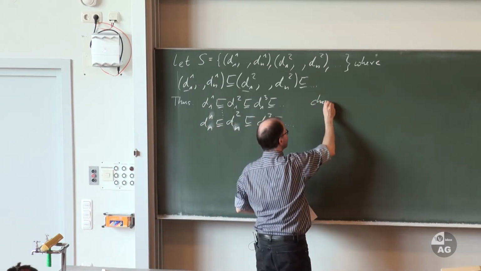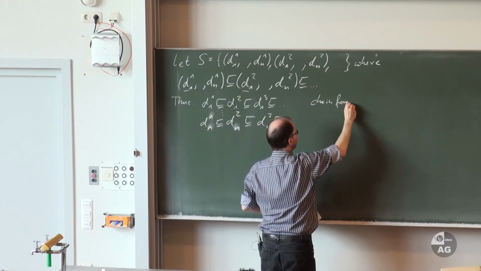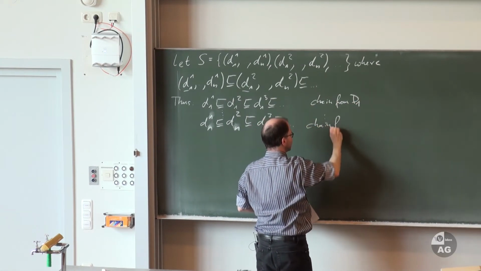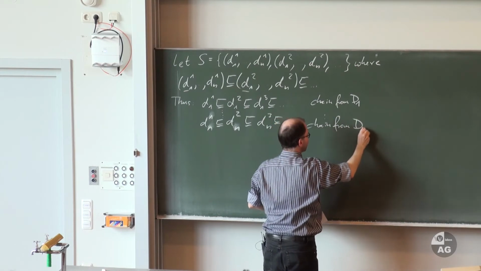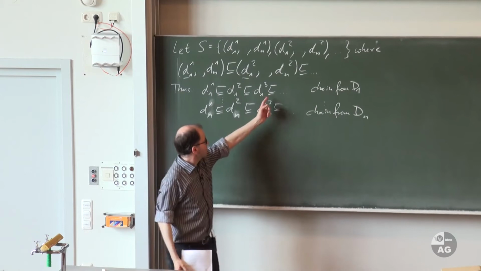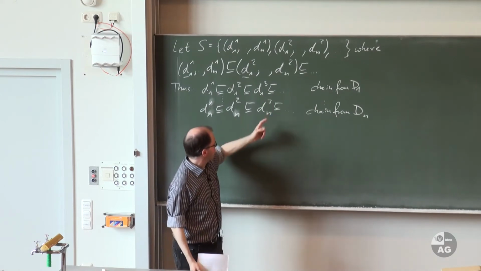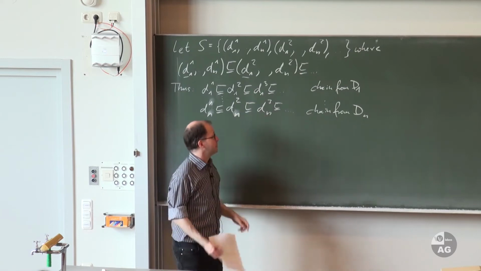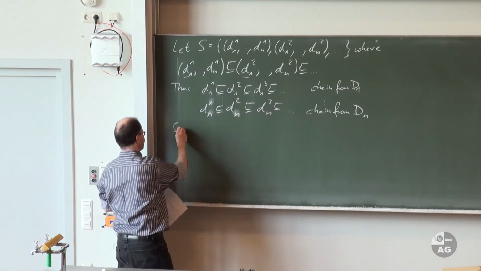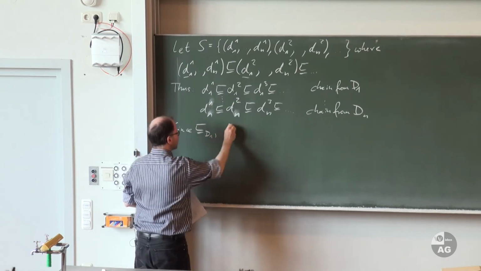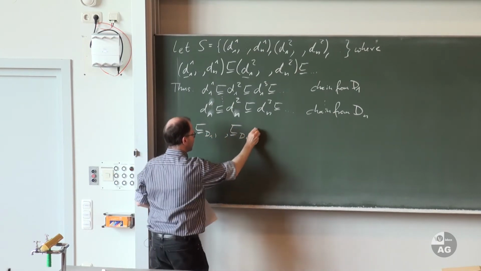So this is a chain from D1, and this is a chain from Dn. And I know that this is a complete partial order on D1, and this is a complete partial order on Dn. So this has a least upper bound, and this has a least upper bound. So since these orders on D1 and Dn are complete,